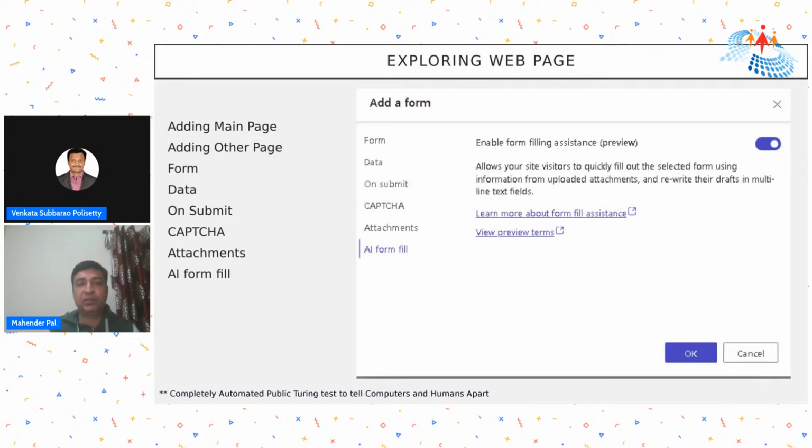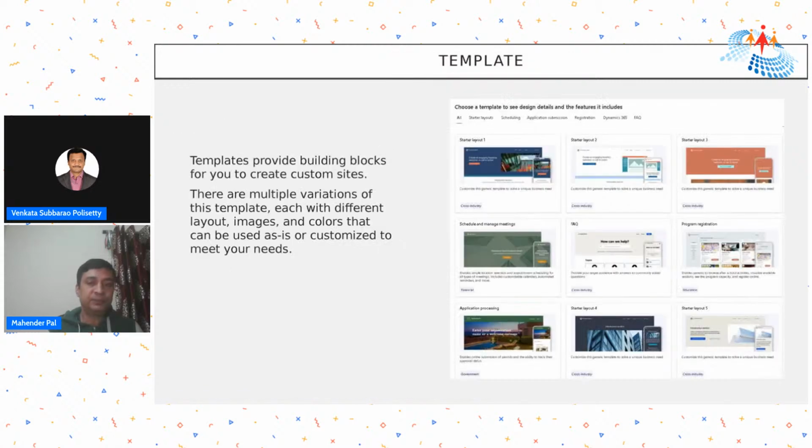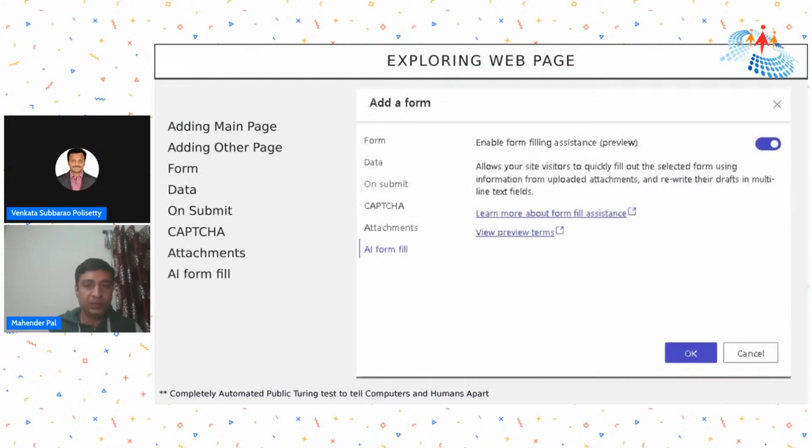Similarly, on Power Pages we have different web pages, and we can create those pages from the maker studio, or also from the model-driven apps. Okay, so we go back here,